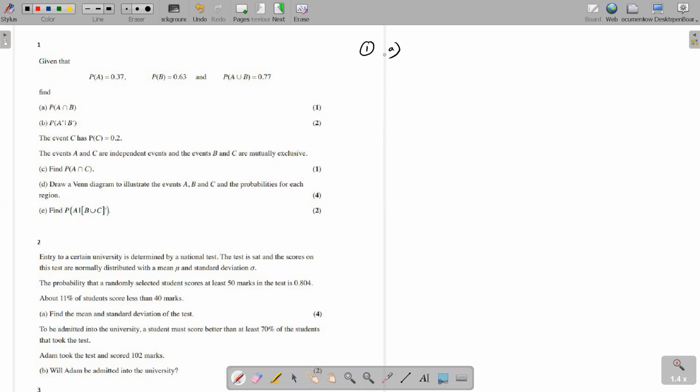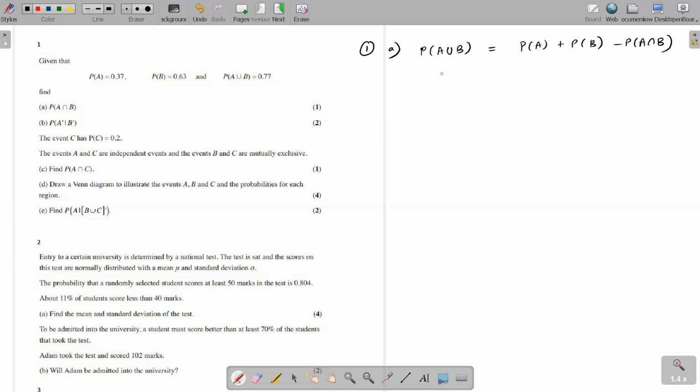Yeah, now you guys have to give me ideas. You guys have to talk. Probability A plus probability B minus probability of A union B. So it's the addition rule, right? You have learned this rule in sets. So A union B is probability A plus probability B minus probability A intersection B, right?